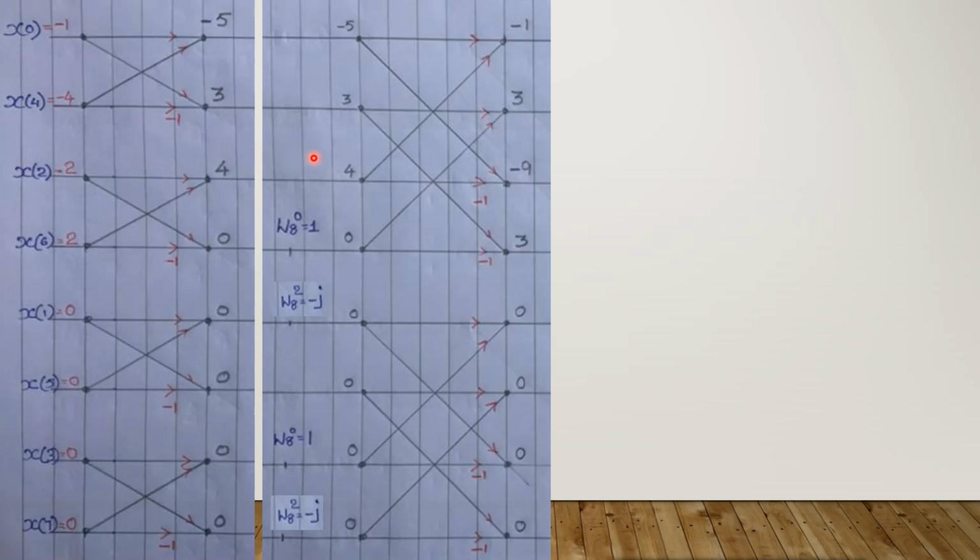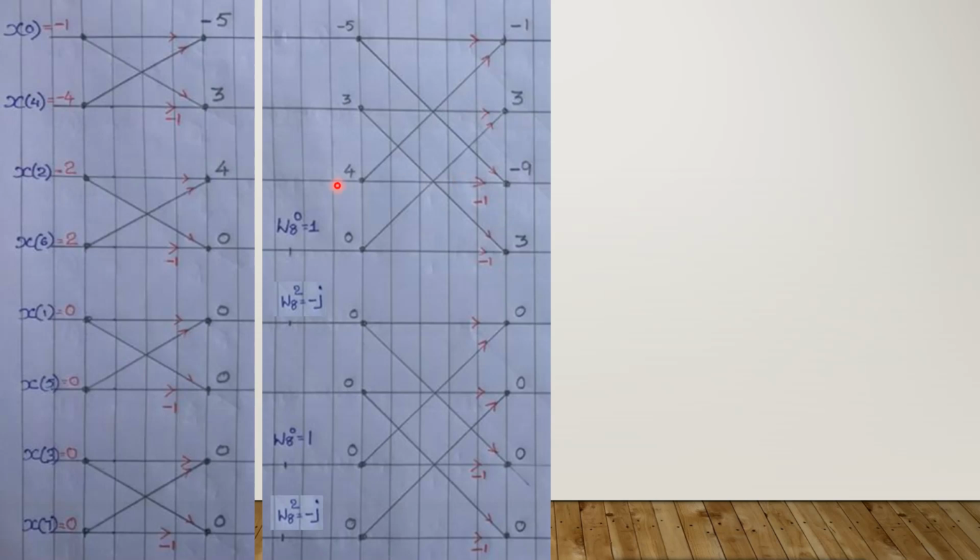Second stage. Now these samples are given as the input to the second stage. Here the last 2 lines are represented by minus 1, and again with the twiddle factor I am going to multiply the last 2 lines. So here minus 5, 2 points are joined together. So here it will come minus 5, 4. So minus 1, here 3 plus 0, so 3, and in here minus 5,